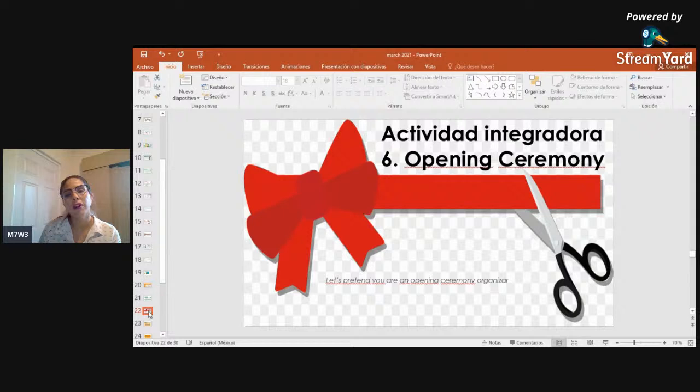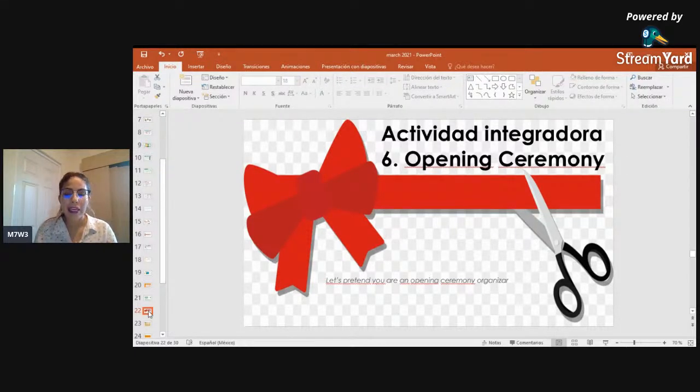And we have the activity number 6, opening ceremony. Let's pretend that you are an opening ceremony organizer. So it's supposed that you're an organizer and you didn't attend a meeting. So you're going to be working with a partner and he was in the meeting. So you're going to try to just ask some questions and get some information about the event you're going to organize, okay? En este caso se supone que van a ser organizadores de fiestas y ustedes tienen que pues planear